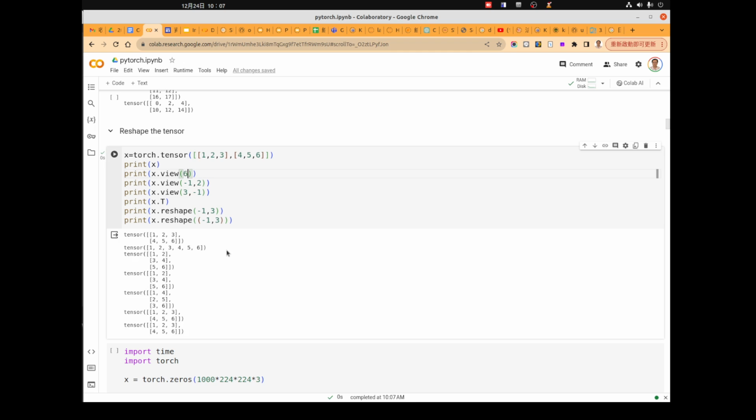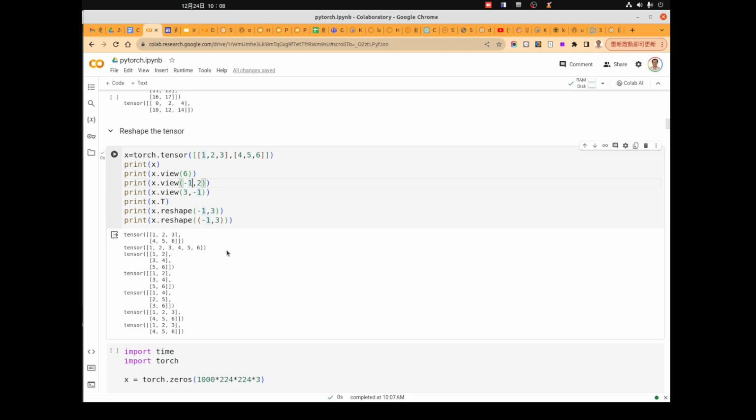This is a very important and useful feature. Whenever you don't want to calculate the total number of elements, you can just make it -1, and PyTorch will calculate it for you. This is especially useful when there are multiple dimensions, because sometimes it's difficult or even impossible to decide the size of each dimension in advance.